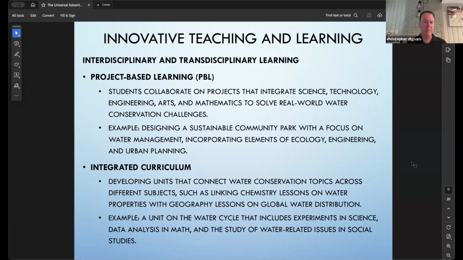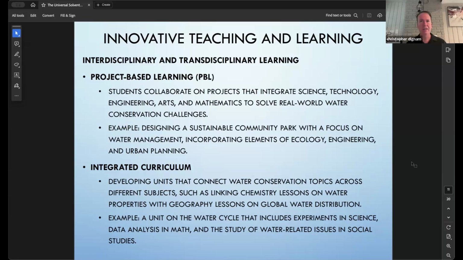So we're looking at project-based learning, incorporating STEAM for real-world water conservation challenges, design sustainable community park. So we are looking at how we can integrate architecture into this. So in the study we're putting together, there are going to be recommendations, again, for outside the areas of STEAM, but architecture is very much connected to STEAM. And so urban planning. Here in Chicago, one of the things that they're doing a lot is, and I'm going to end on that in a moment, is